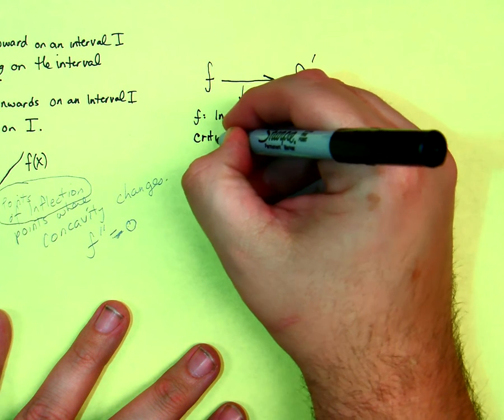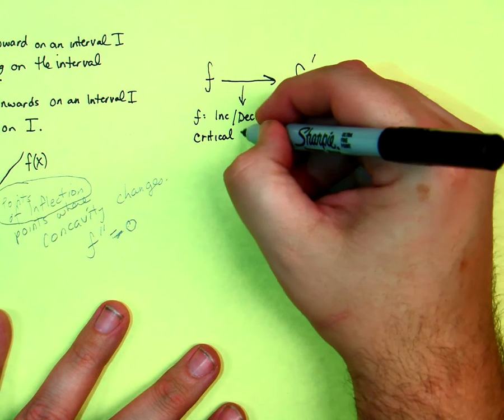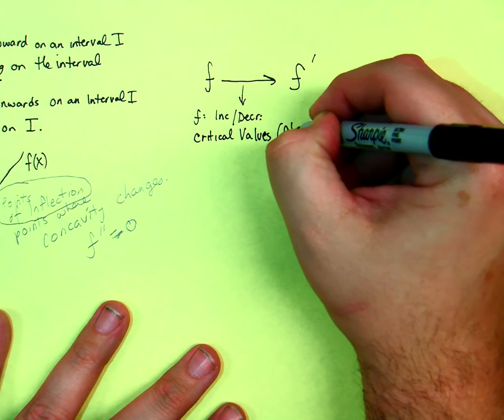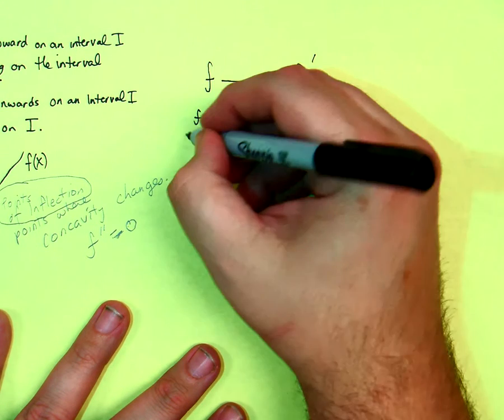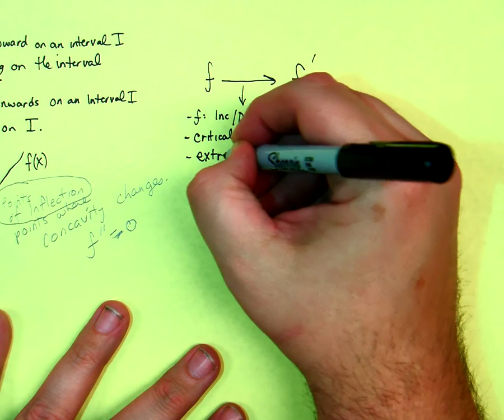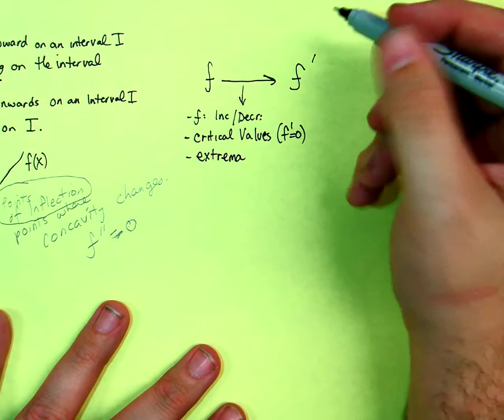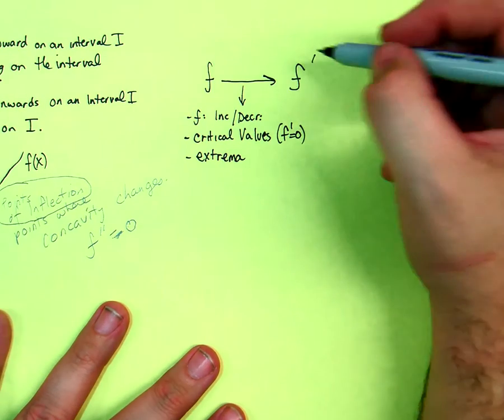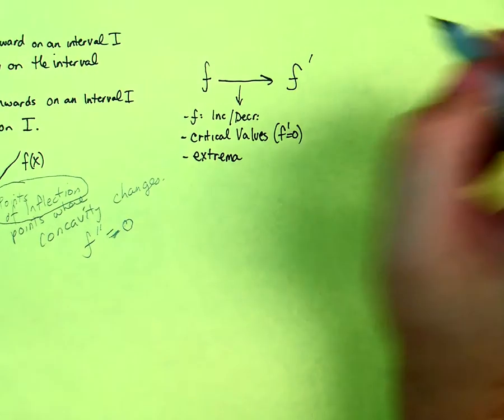Critical values, that's where f prime is equal to 0. And extrema. And that's between analyzing the function and its first derivative. Now, if we dig a little bit deeper and we go down to the second derivative,